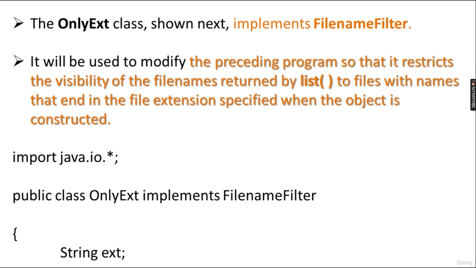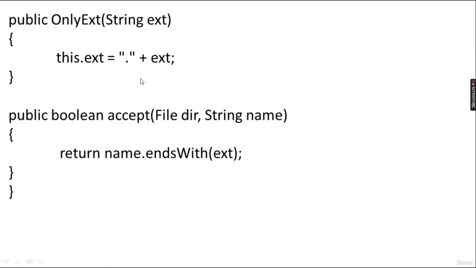Now we will see an external class that implements the FilenameFilter. It will be used to modify the preceding program. It restricts the visibility of file names written by list, with the file extension specified when the object is constructed. Extension means a particular extension, like I have given you the examples. Extensions can be .pdf, .png, .doc,